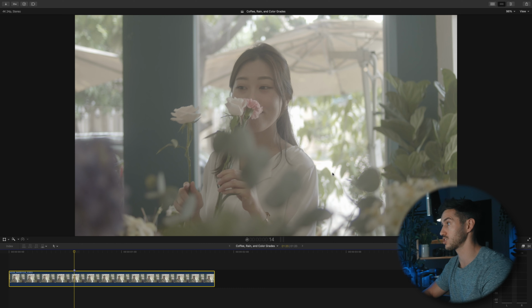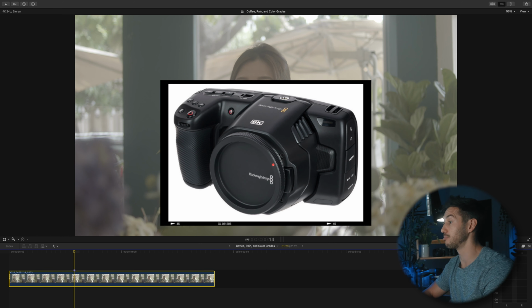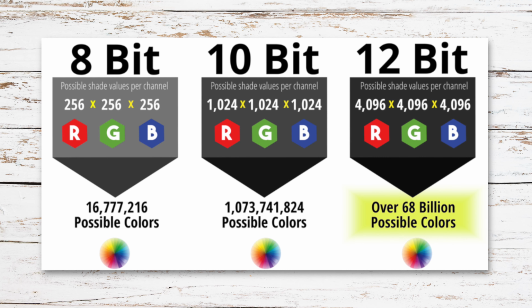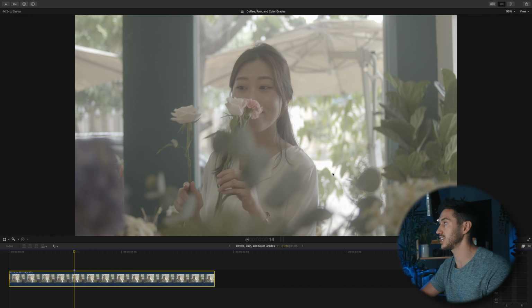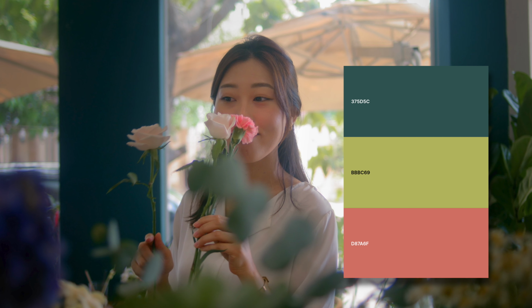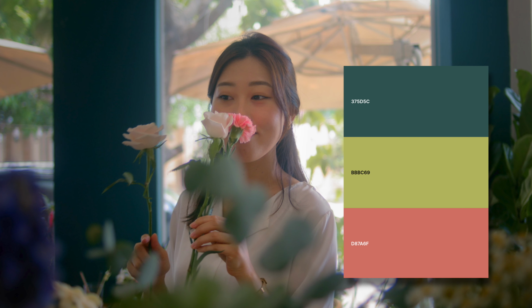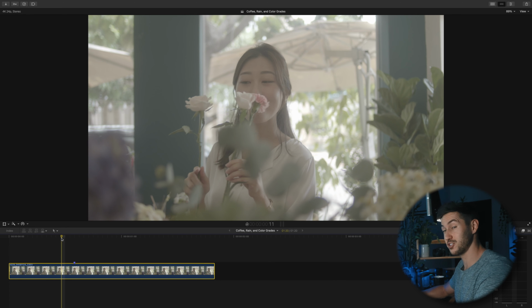I believe this was shot with the Blackmagic 6K in 12-bit. So we have a lot of color information to work with today, but we're going to, like I said, give it a split complementary color look, and we're gonna focus on kind of pink and red, a little bit seafoam green, and some teal. So this is log footage, obviously, shot on the Blackmagic 6K, and yes, you can edit